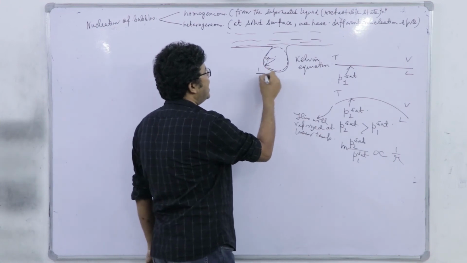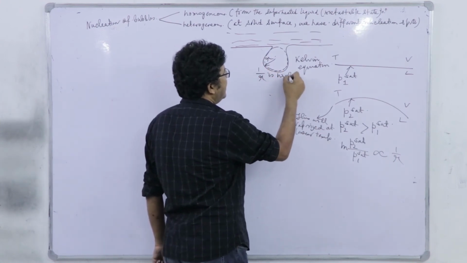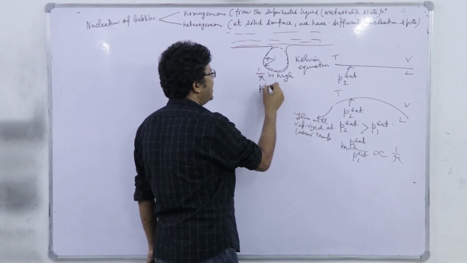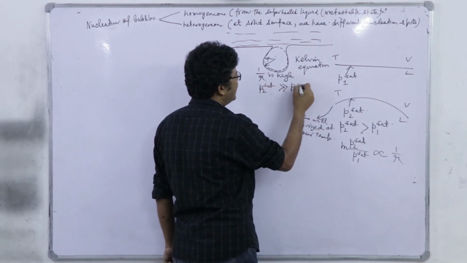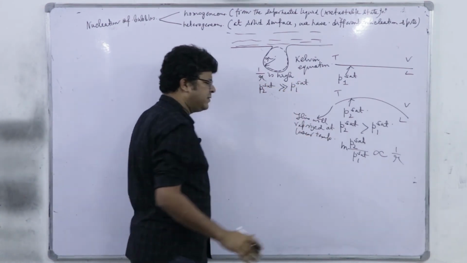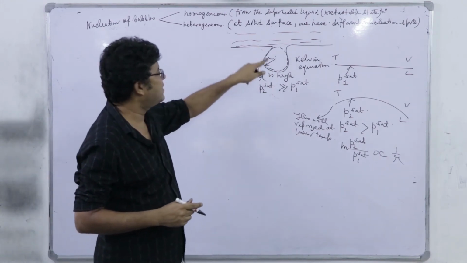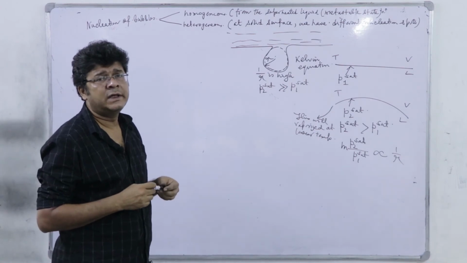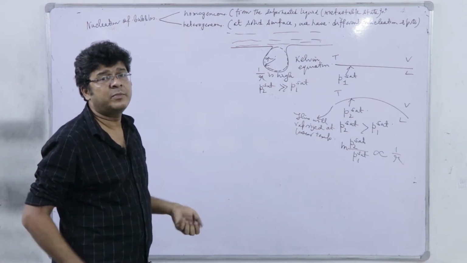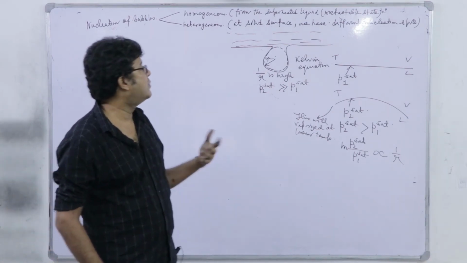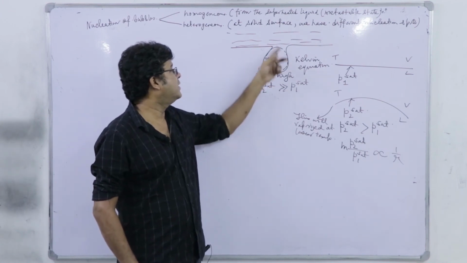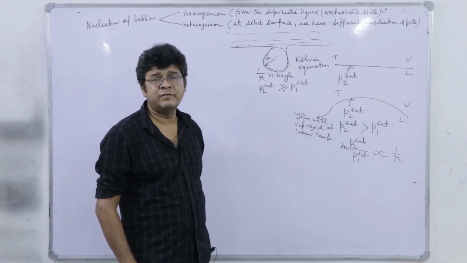So 1 by r is high. As a consequence, P2sat will be much higher than the flat liquid surface vapor pressure, and inevitably we can note that at a much lower temperature than that of the normal boiling point, we will have the generation of these